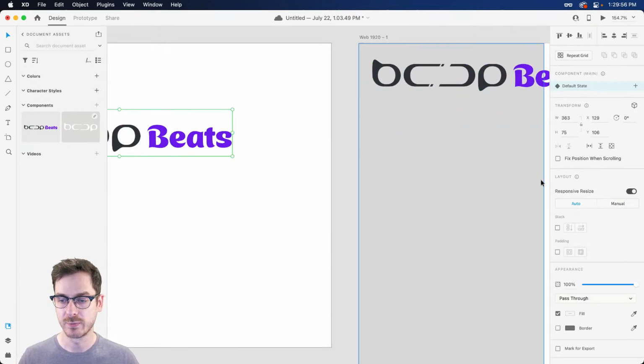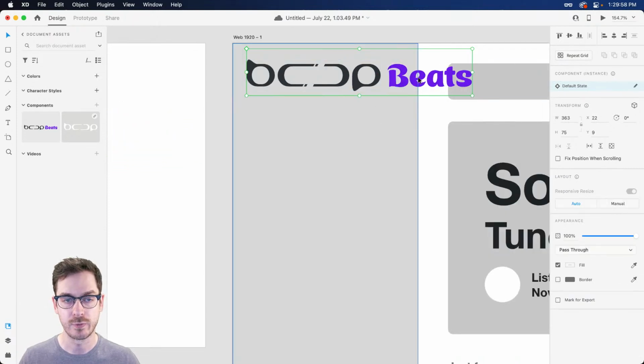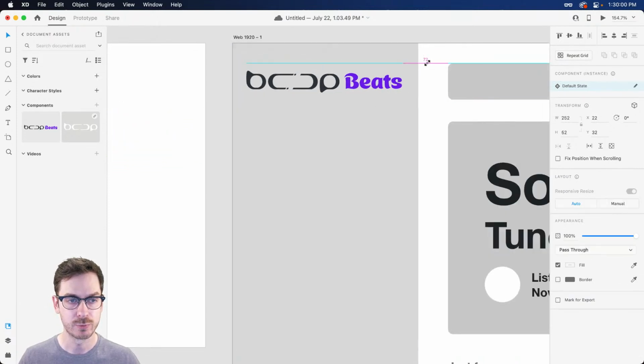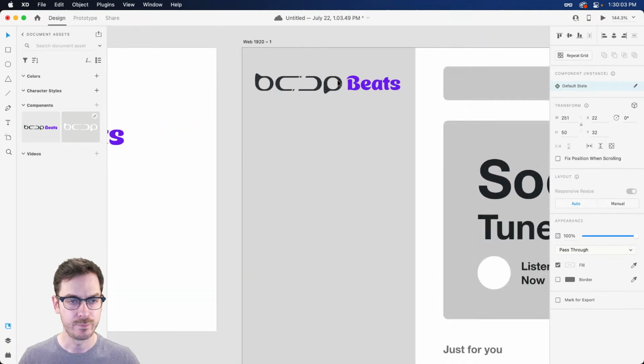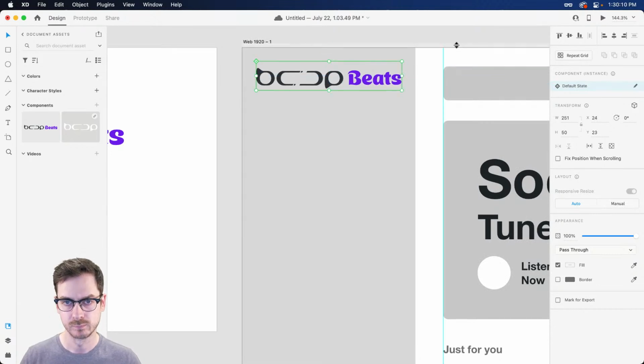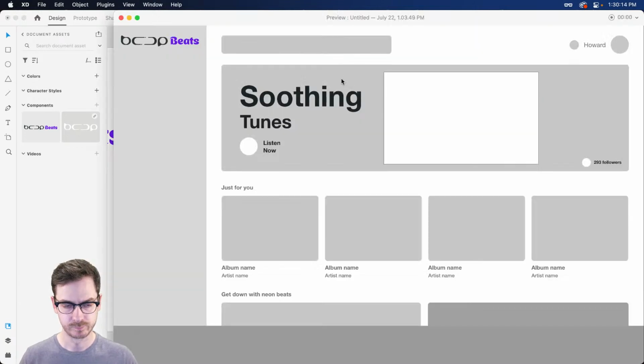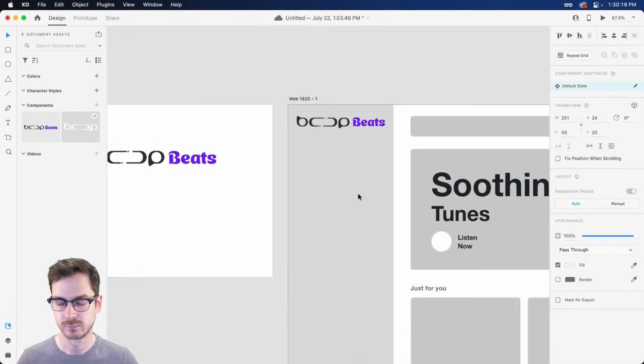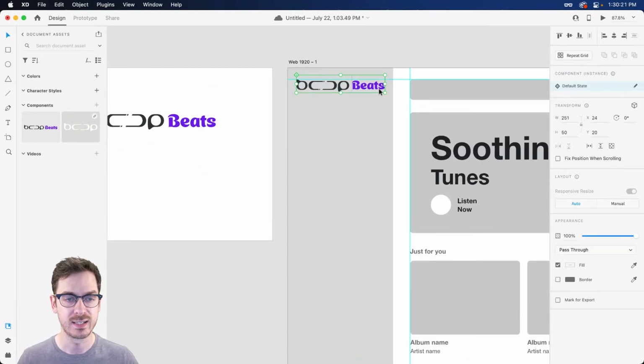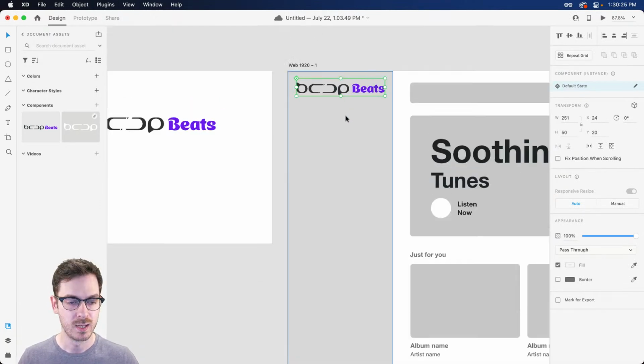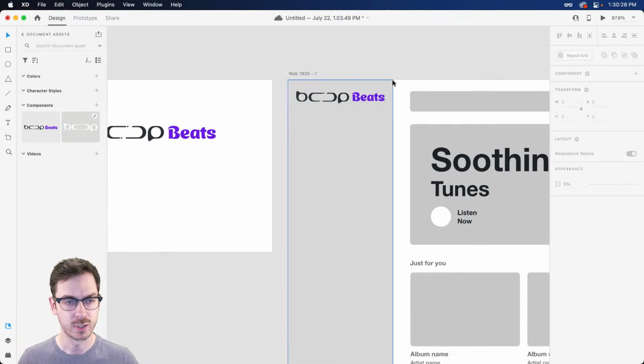Now, I do have responsive resize on, so I'm going to turn responsive resize off on the main component. And now I can shrink this down and make sure that it fits nicely and lines up perfectly, right? Let's get some more guides going. I think that sidebar looks a little bit too large. But this is the low fidelity design, so we can definitely make some changes to that at some point in the future. But looking pretty good.